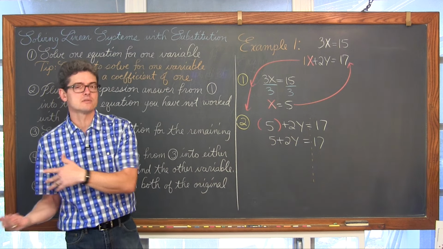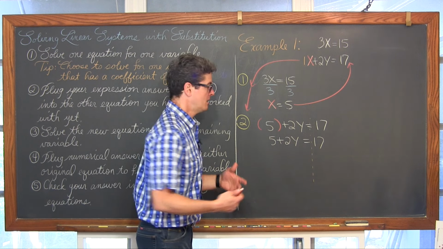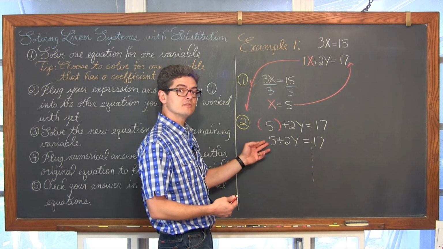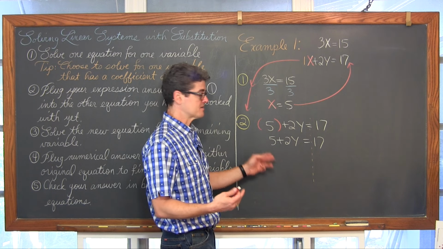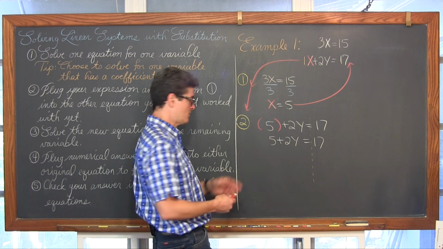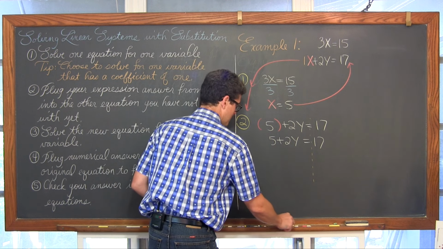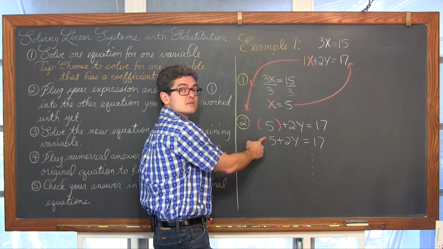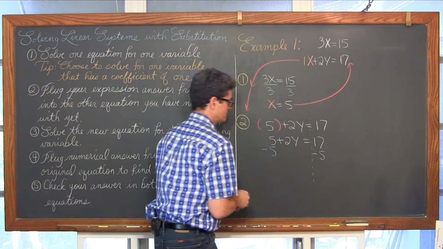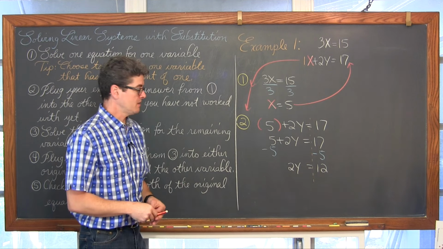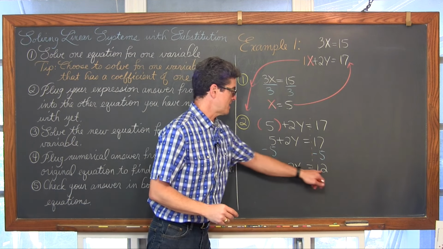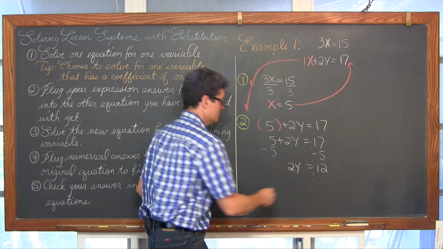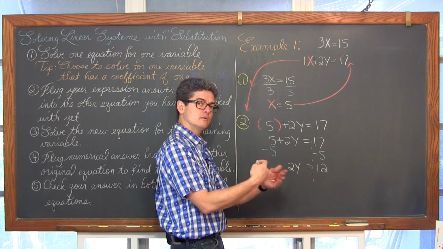A lot of times we default to the left. And then finally, we want to add or subtract away from the variable. So we have a positive 5, an addition of 5 basically, over here with the 2y on the left side of the equal sign. We're going to apply the inverse math operation. The inverse math operation to an addition of 5 is a subtraction of 5. And finally, we're going to divide both sides by 2 to undo that multiplication that's connecting the 2 with the y.